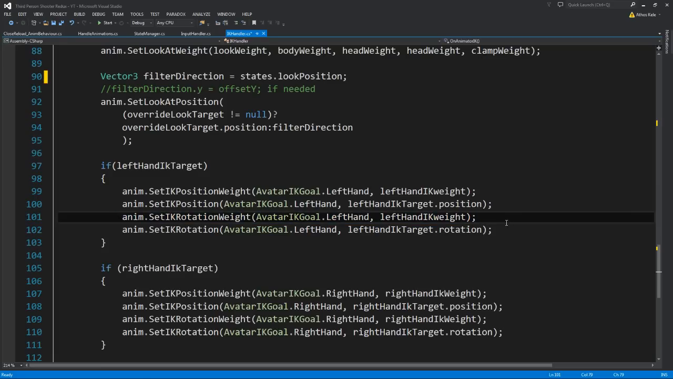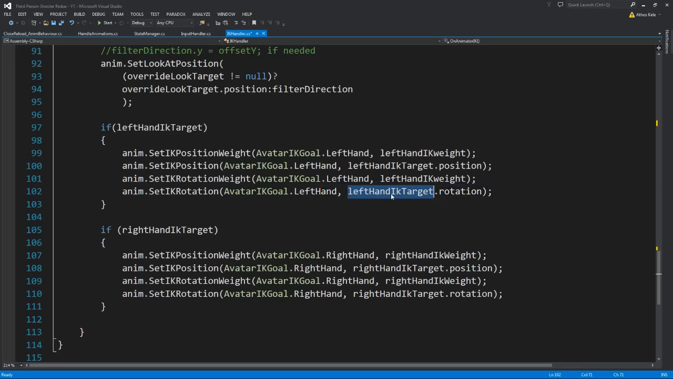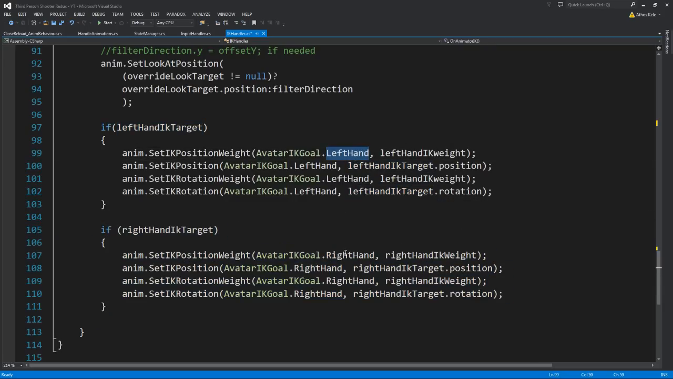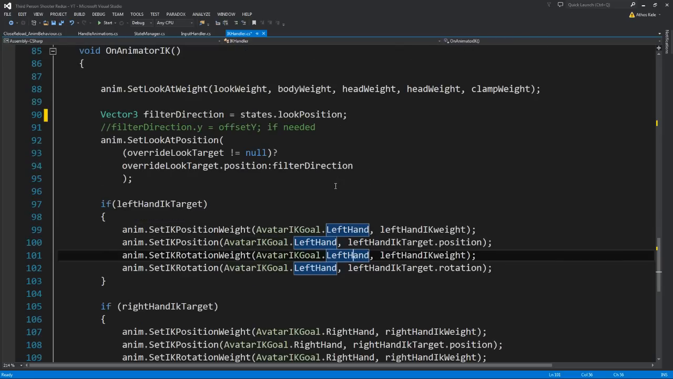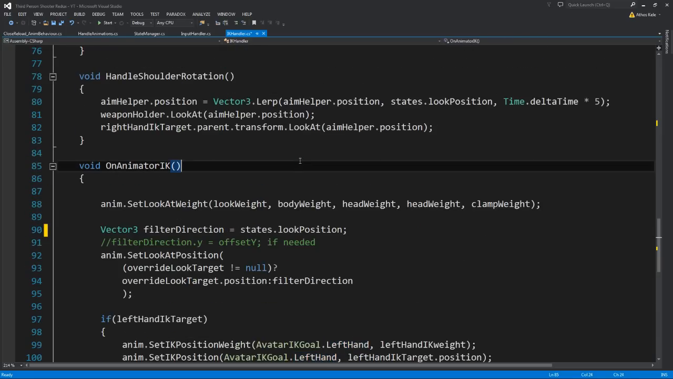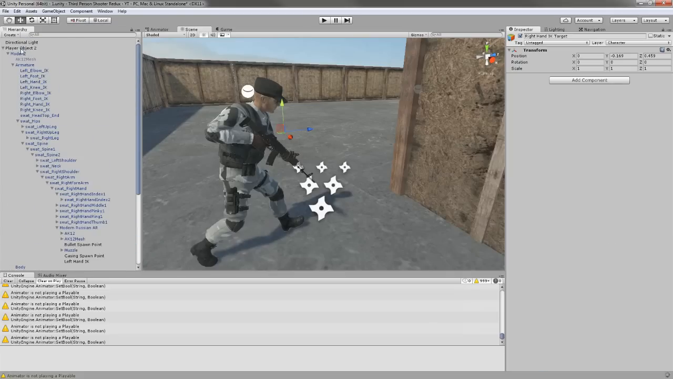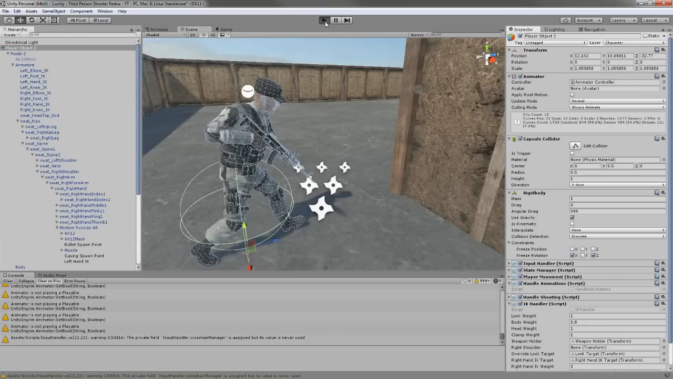And the rotation will be the same weight as the position, and the same rotation as the left hand arcade target. The right hand is exactly the same as above, only change the variables you need to change accordingly. Okay, so let's save and let's hit play,